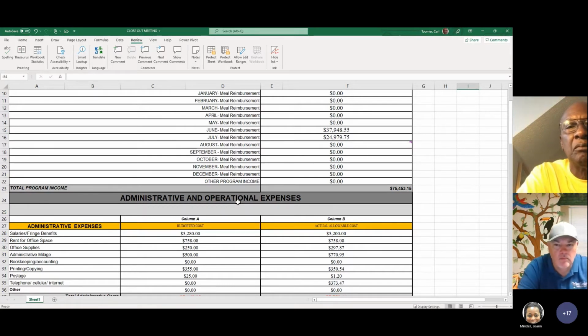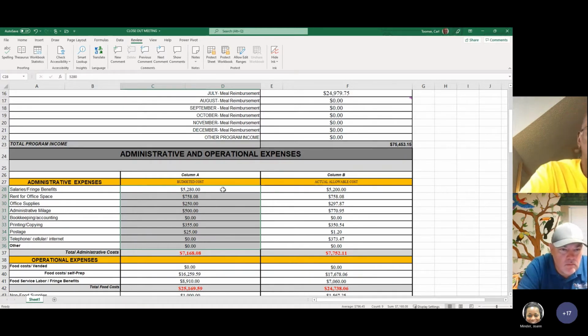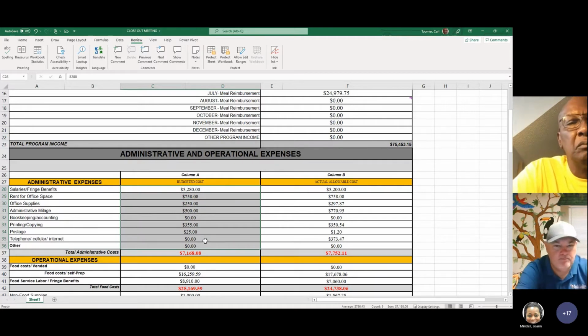You want to mirror this budget directly from your sponsor application. Whatever is on your sponsor application should mirror what you have here. In this case, you can see that their salaries and fringe benefits budgeted was $55,280, and of that they actually spent $5,200.